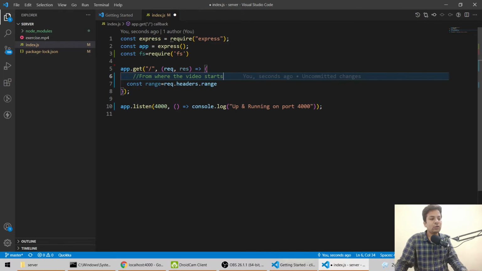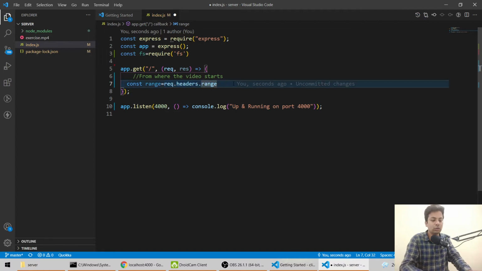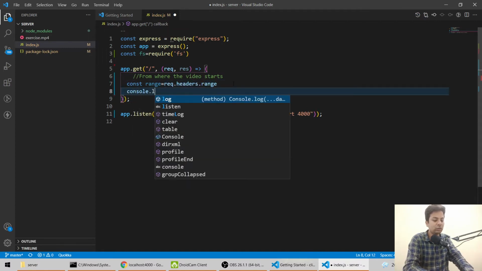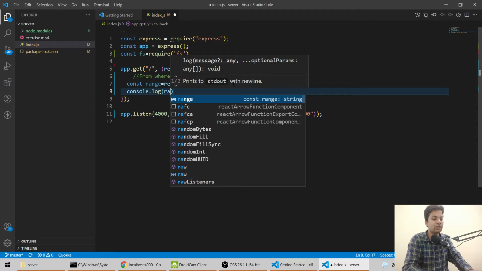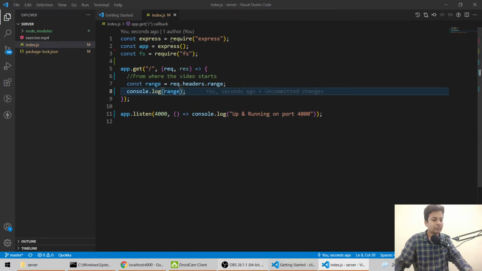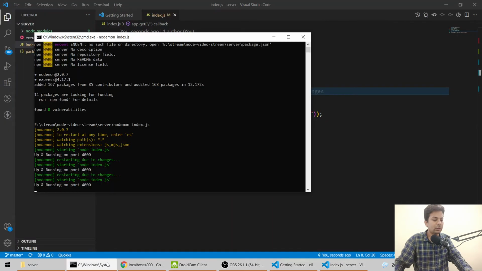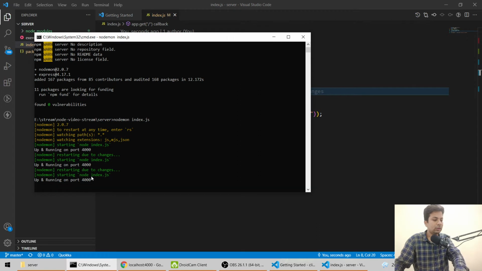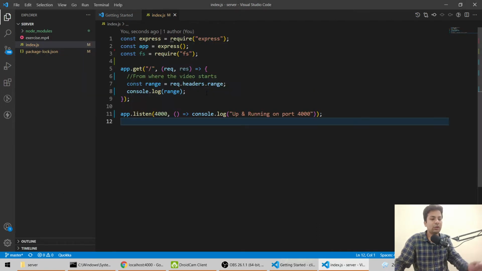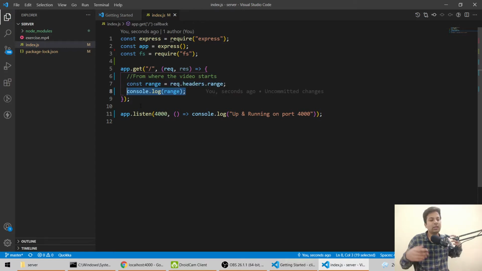And you don't have to send this, when you use the video tag it is sent automatically. We'll do console.log to see what we get here. Okay, we are not getting anything for now, we'll get it when we use it. So range is basically from where the video should start.